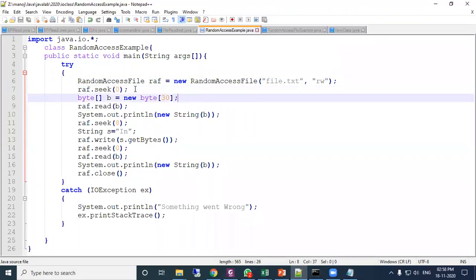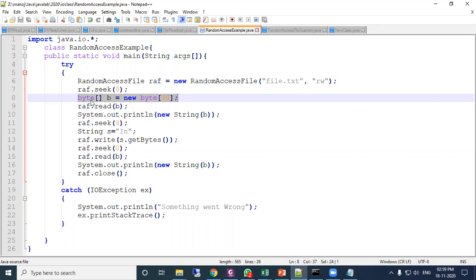raf.seek within bracket 0 means the file pointer will point to position 0, the first position of the file. raf is pointing to file.txt, so it will point to the first position in file.txt. Then see here, I have created one byte type array. The byte data type is there in Java.